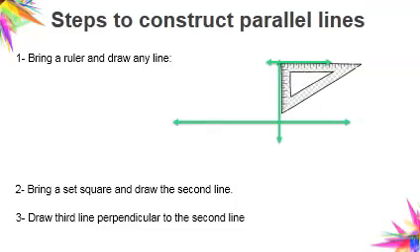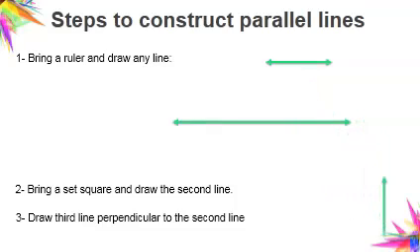You draw this line, you remove the set square, and you erase this line. And what do you see here? Two parallel lines. Let us name them CD and AB. So now I have two parallel lines. And of course, you can extend the line as much as you want. So that was everything in our lecture. We explained together